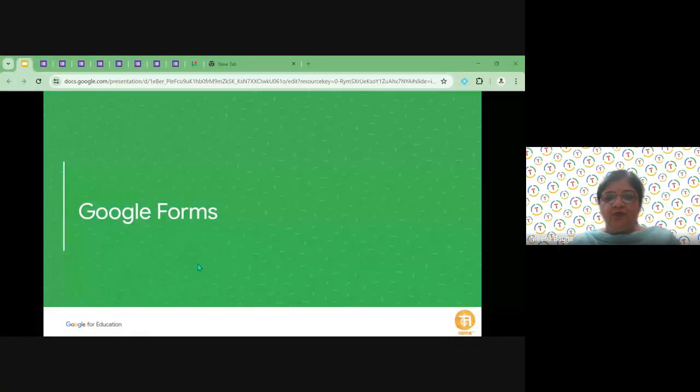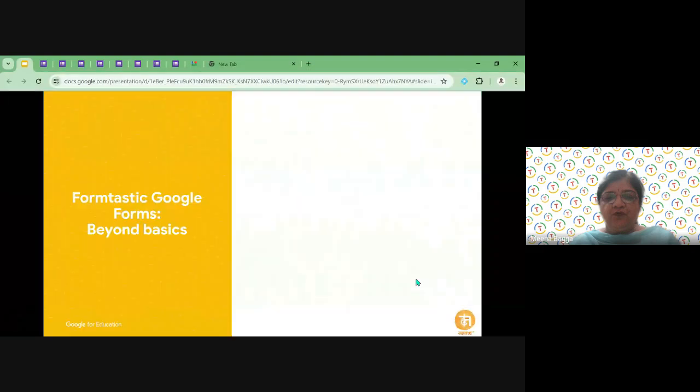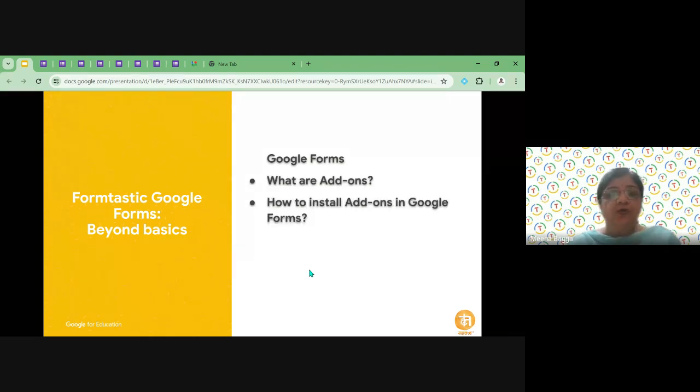I just hope that you all know how we can create Google Forms, how we are using Google Forms for quizzes, for surveys, and for exit tickets. So many purposes we are using Google Forms. Today we are basically understanding add-ons in Google Forms, how we can increase functionality of Google Forms using add-ons, how we can install add-ons in Google Forms, and some helpful add-ons we educators can use. I will discuss all of that with you, and definitely in the end you can ask your queries.